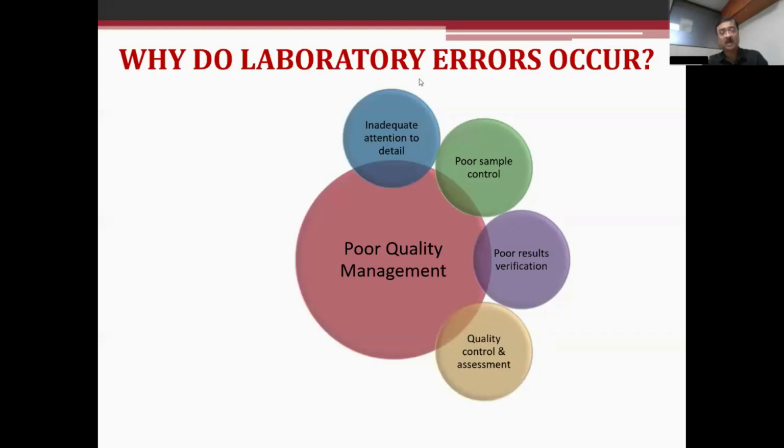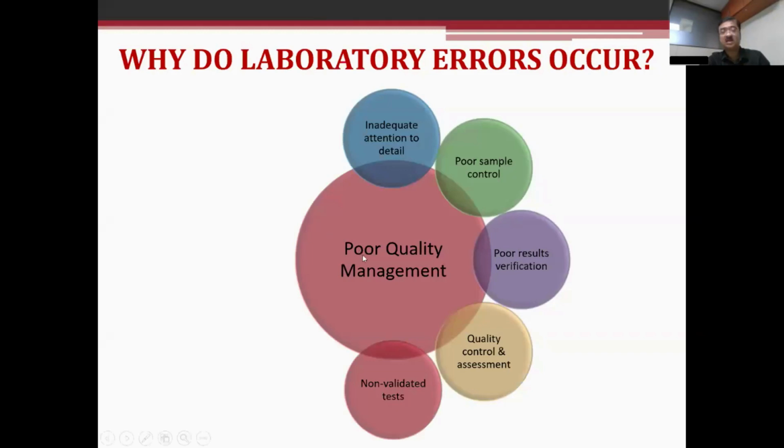That's a priority thing nowadays. Previously, in our college days, quality control was a concept we were not very acquainted with. Even when I joined my professional career, I had a very faint idea about proficiency testing or EQAS. And I think in our post-graduations, it was not discussed in detail either.